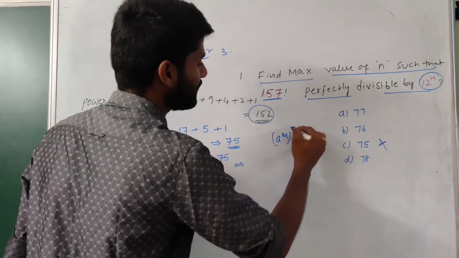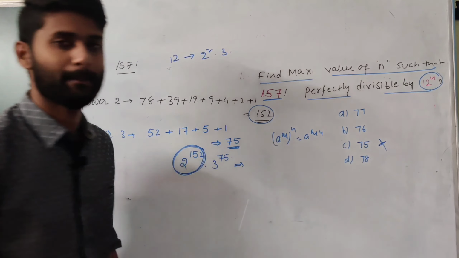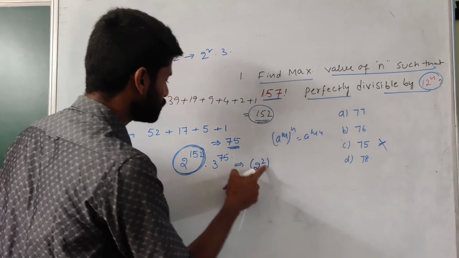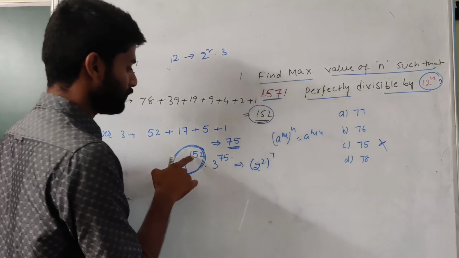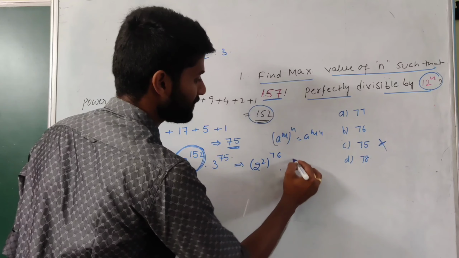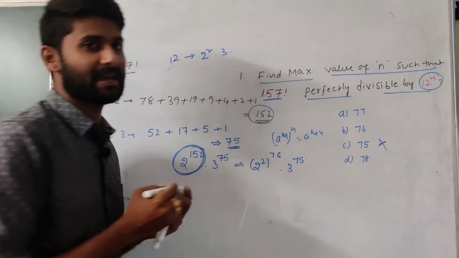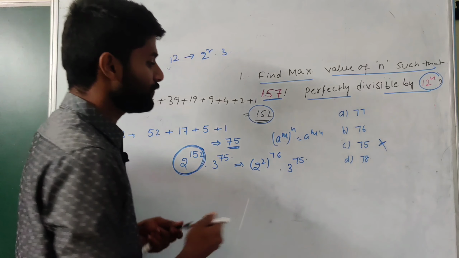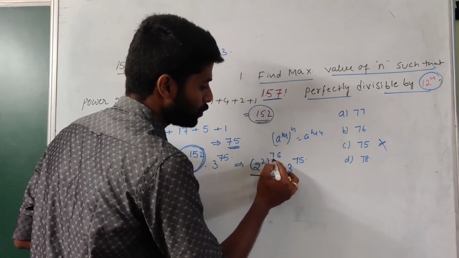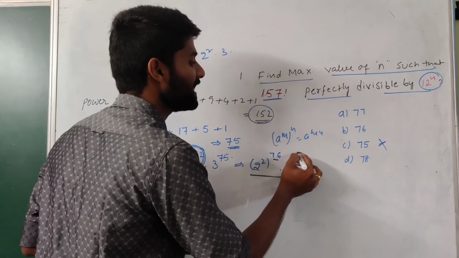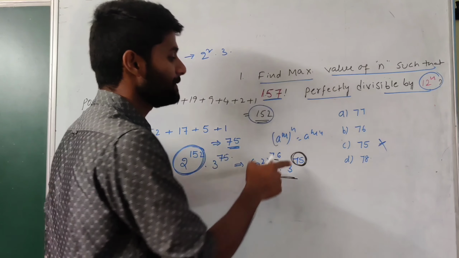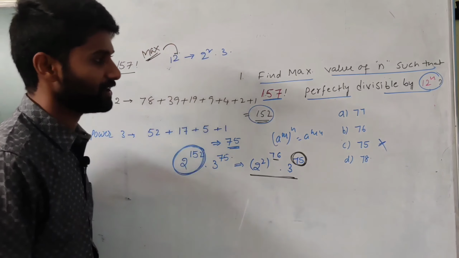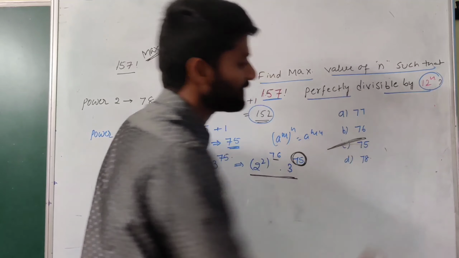So write it as this value. Again, using the property, a power m whole power n can be written as a power mn. Then see, 2 power 152 can be written as 2 square power 76. How? 2 sevens are 14 and 2 sixes are 12. So 2 square power 76 and 3 power 75. Now you can compare. See, you just compare in terms of 2 square and 3. Don't compare 2 and 3 together. If you concentrate on these two, 2 square and 3, out of 76 and 75, we get 75 as the minimum power. The minimum power is combined together as the maximum power value of 12. So we get 75 as the answer.